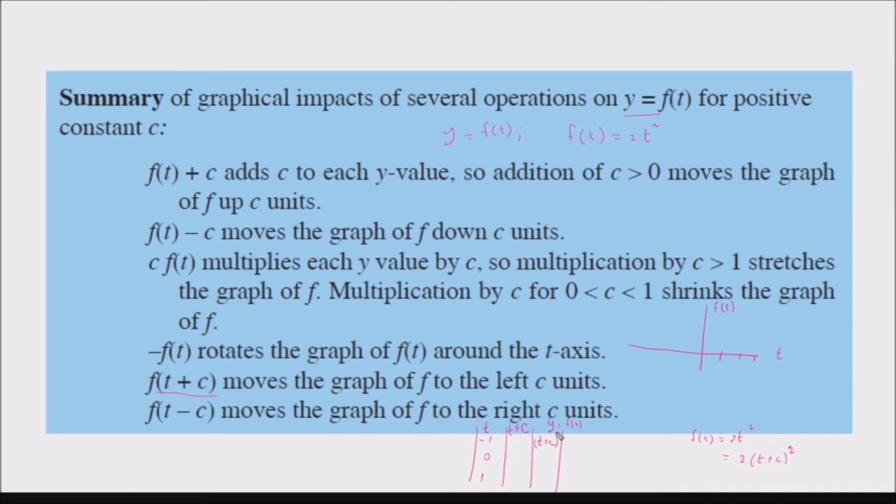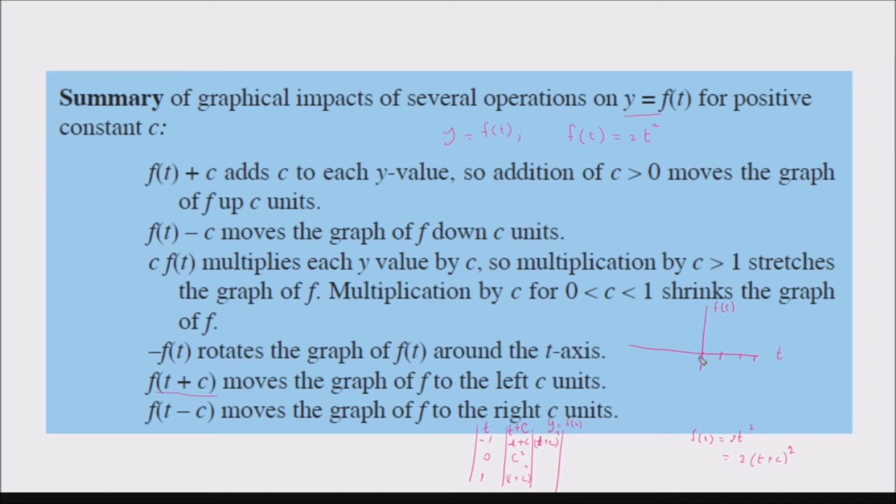So t plus c means -1 plus c, so it's (-1 plus c) squared, and here it will be 0, so it will be c squared itself, and here is (1 plus c) squared. Okay, so you can see now when the t is 0,